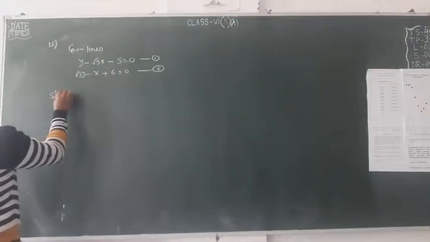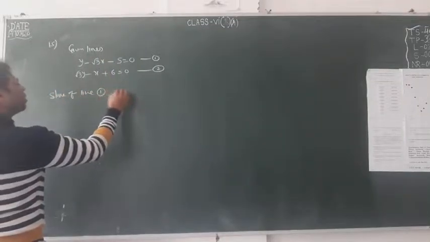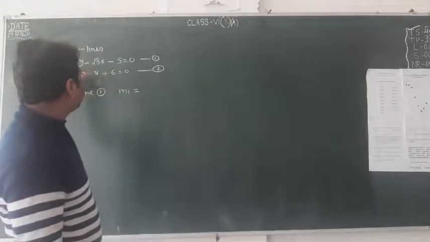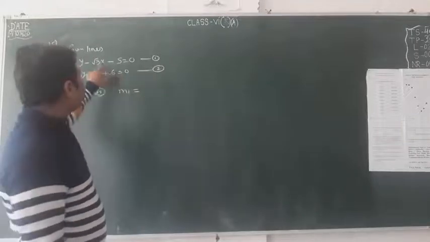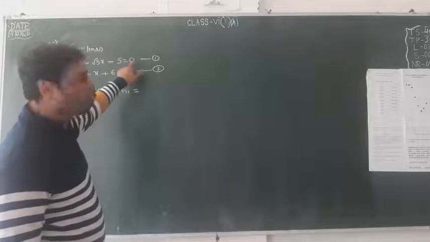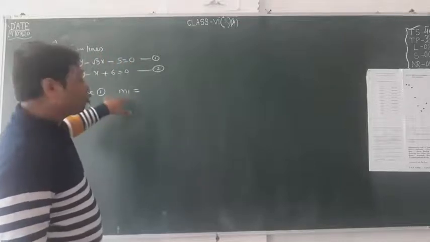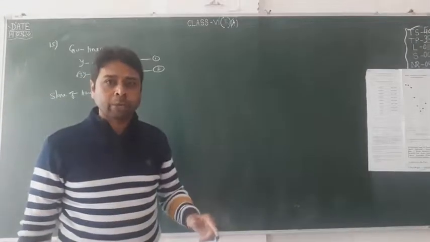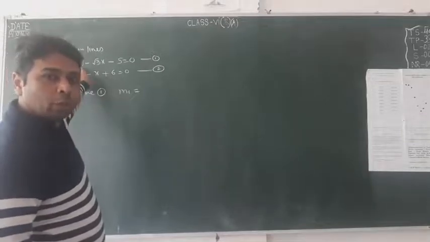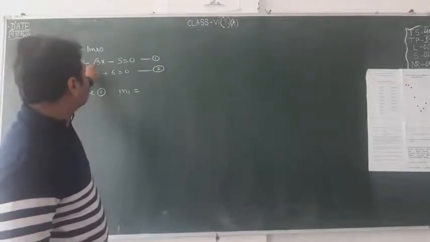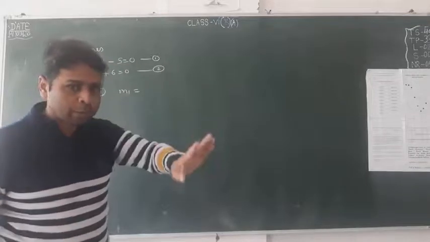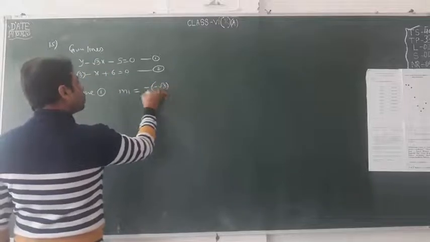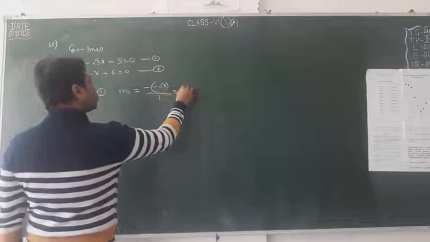The slope of line 1, say m1, and I taught you the trick because it is in general form ax plus by. Don't get confused. First, x and y are on one side of the equal to sign, and you should remember the formula that m1 equals minus coefficient of x upon coefficient of y. Even though y is written first, don't get confused. You can write minus root 3x plus y minus 5. No worry about that. So m1 equals minus coefficient of x, which is minus root 3, upon coefficient of y, which is 1. So overall it is root 3.